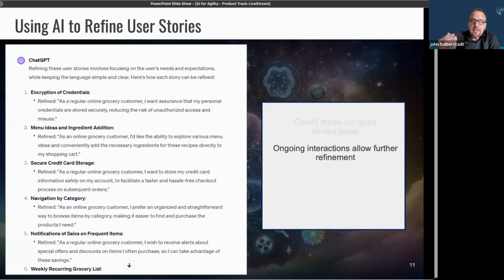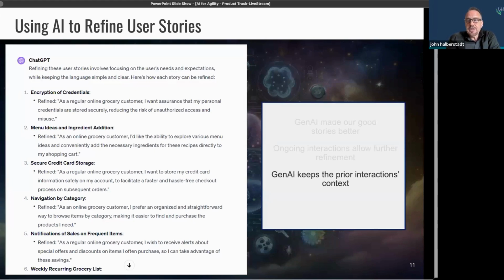And the other thing that I would really recommend is never accept the first response. We really want to have ongoing refinement. So when you get these responses, and this will be the thing that I'll repeat probably a couple more times before we finish today's session, it really is about iteration. And those of us in Agile and Lean ways of working, we already understand the idea of iteration, continuous improvement, inspection and adaptation. So this is already baked into the way that we work. That same principle applies. We want to continue to refine and interact based on what it's providing us.